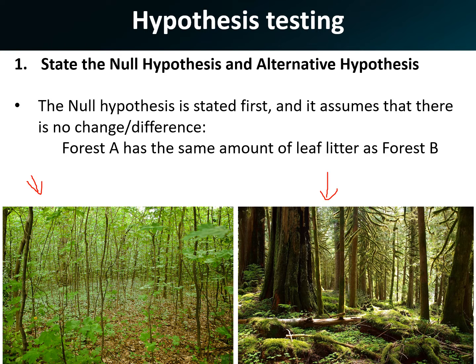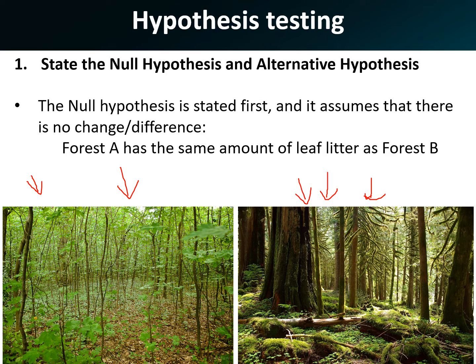know whether this fast-growing forest A, it's quite a young forest, produces more leaf litter than forest B, okay, the old growth one. There's a lot of biomass and probably a lot of production in forest B, but maybe not as much production as this fast-growing stuff. We really don't know. Even though these things are growing faster, could they possibly keep up with the amount of biomass here? Anyway,